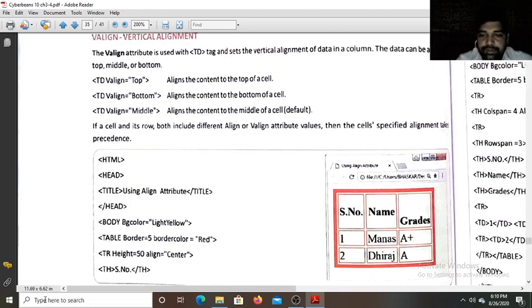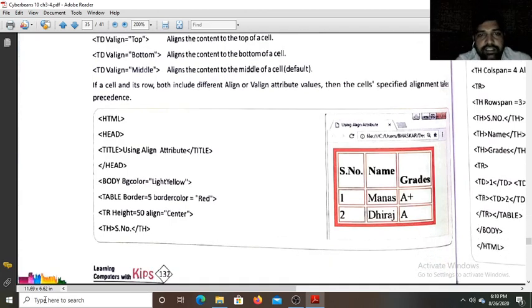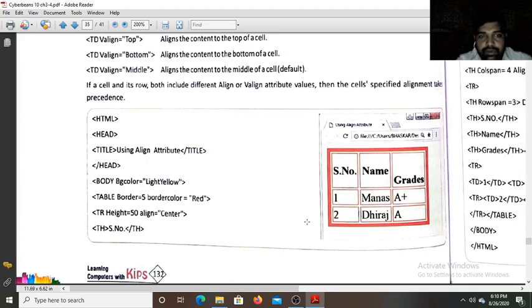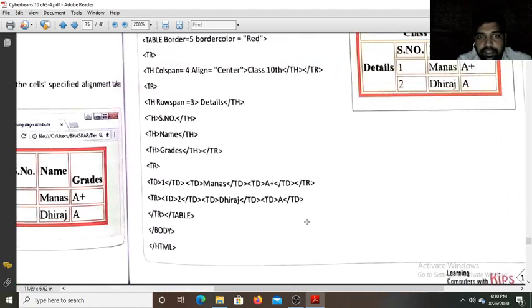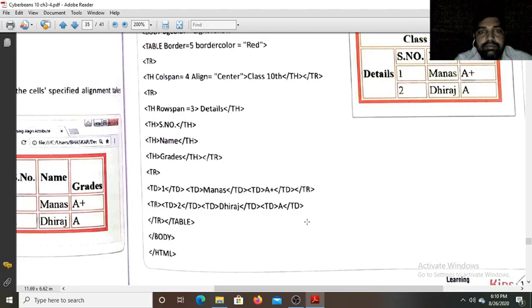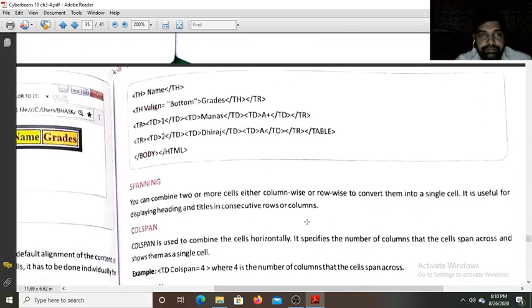Okay, so now you can see here inside the body, the body background color is light yellow. Table border 5, border color red. The first row tr has height 50, alignment center. Now see table heading serial number, as you can see here.